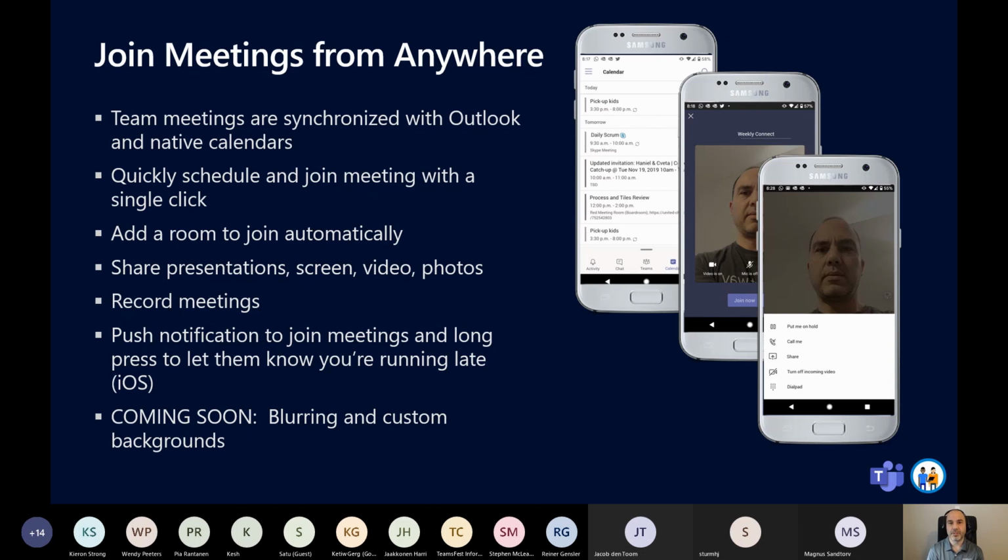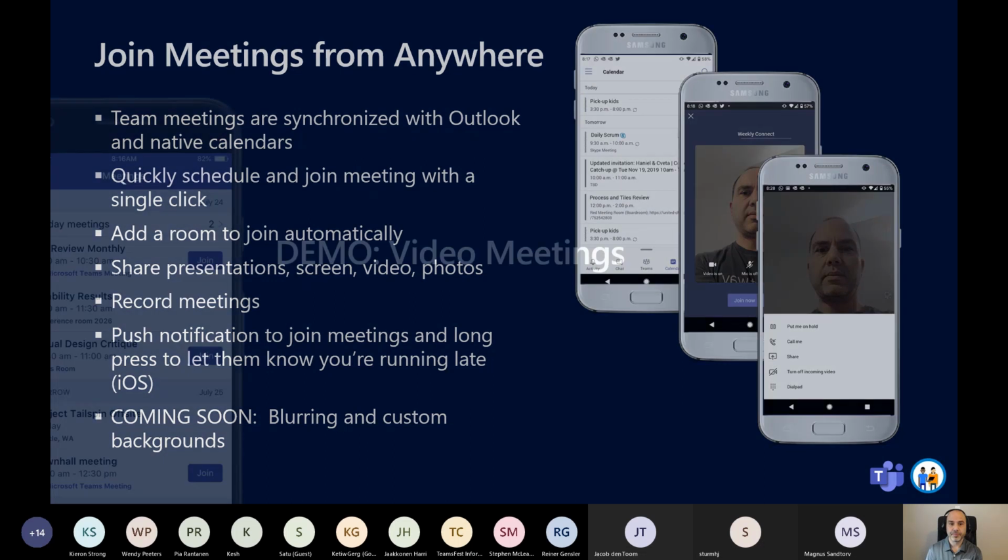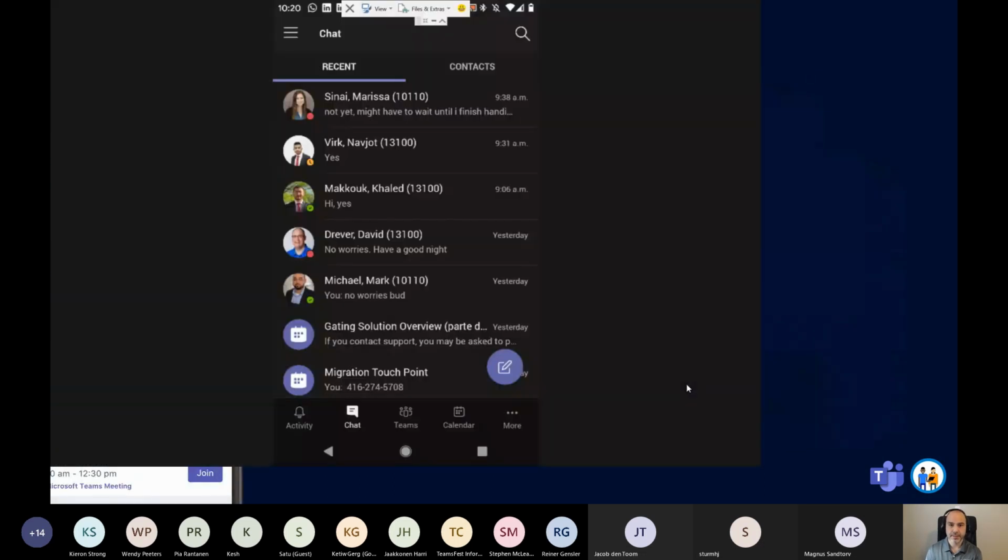And same thing for the presentations. You can run the presentation from your desktop device, and then you have the participation mode, basically, which allows you to switch between the two different devices. So you can run the meeting, go take some screenshots, actually show video, and then come back to your desktop and continue the conversation from there. So let's have a quick look at that.